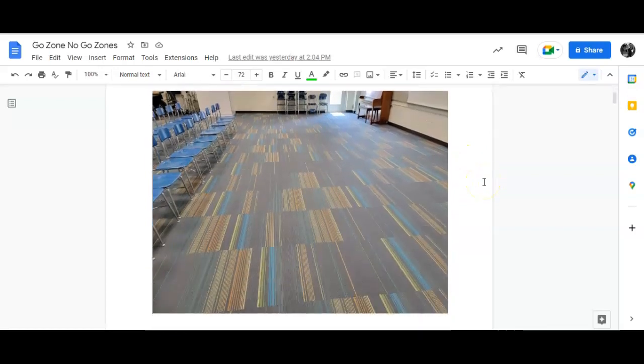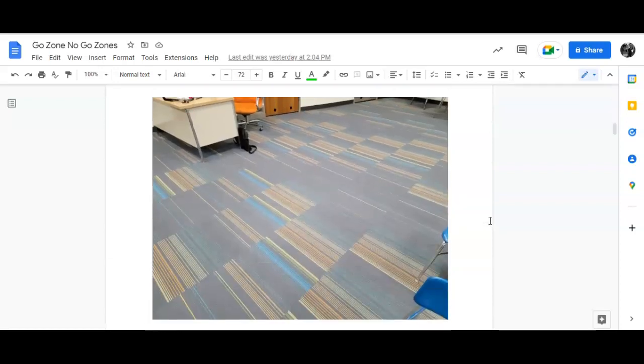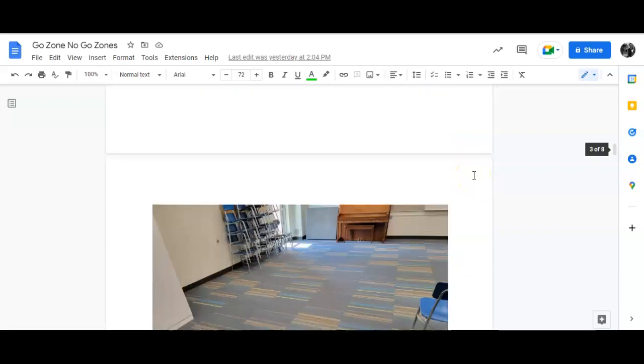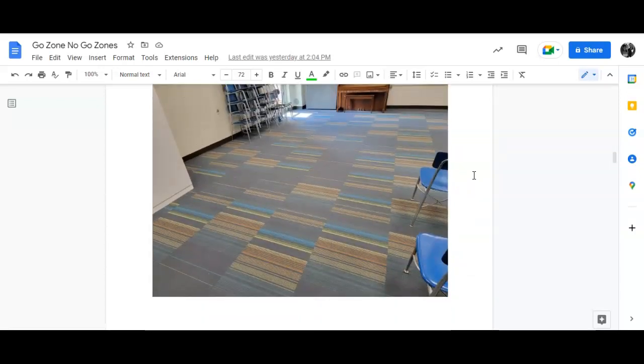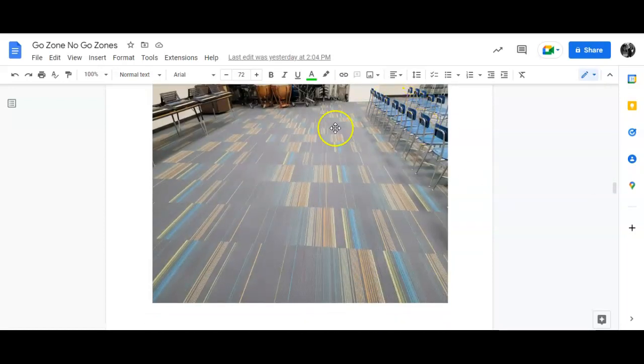So the front of the room, in front of you, this is a go zone. You can come stand out here and do the dance or the activity. Another place that's a go zone is next to my desk, right here. There's an open area between the chairs and my desk. You can move and dance over here. Another go zone is on the other side of the chairs, over by the wall. This area right here is open. You are welcome to use it to do the activity or to dance. And also in the back of the room, behind the chairs and between the keyboards, this area here you are allowed to dance or move in.